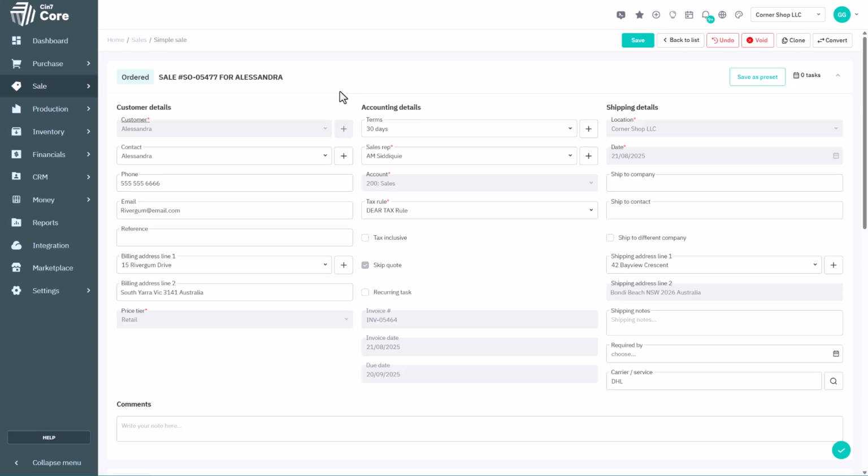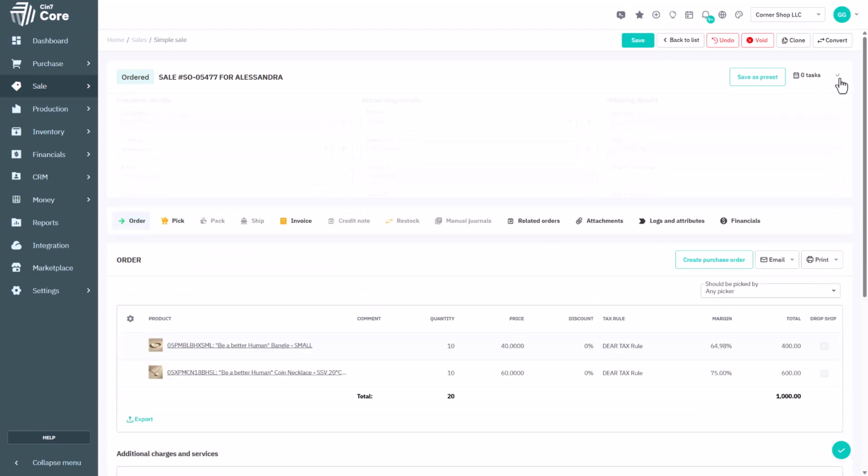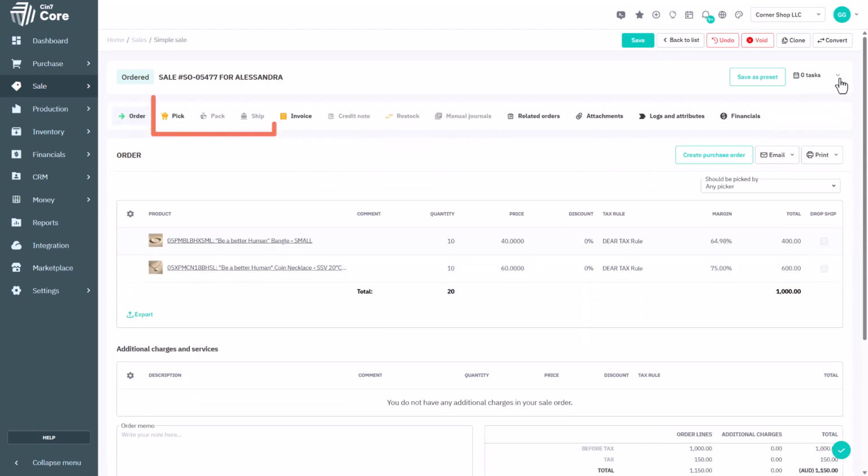Welcome to this tutorial where we'll show you how to process the fulfillment of a sale order across the Pick, Pack, and Ship tabs within Cin7 Core. For e-commerce integrations, you can enable the different fulfillment stages to be auto-filled and authorized. Note that all fulfillment stages can be completed in the Cin7 Core Warehouse Management Solution WMS app through any mobile